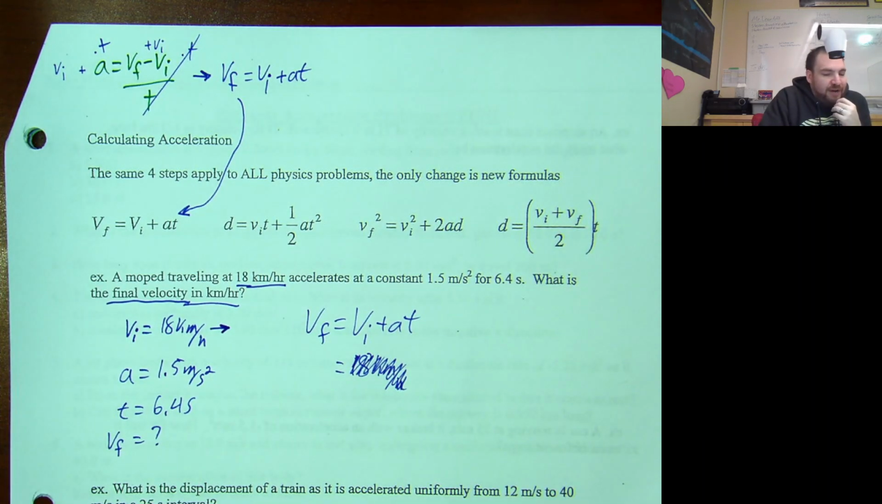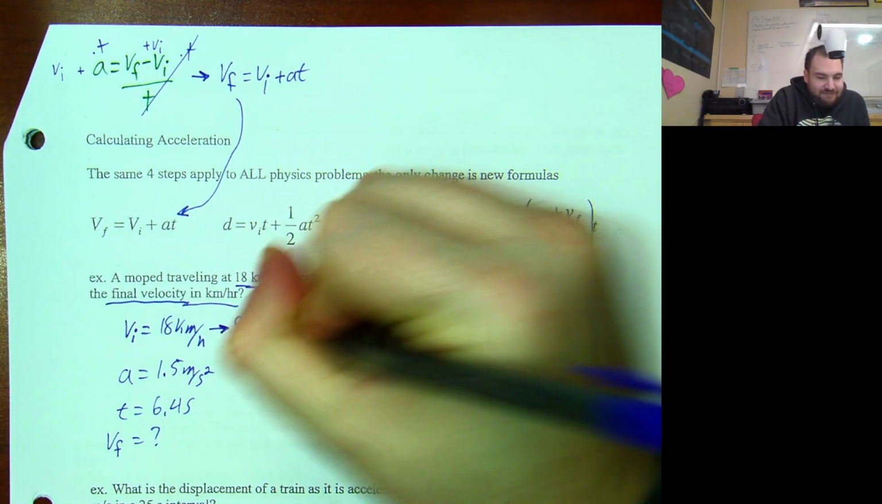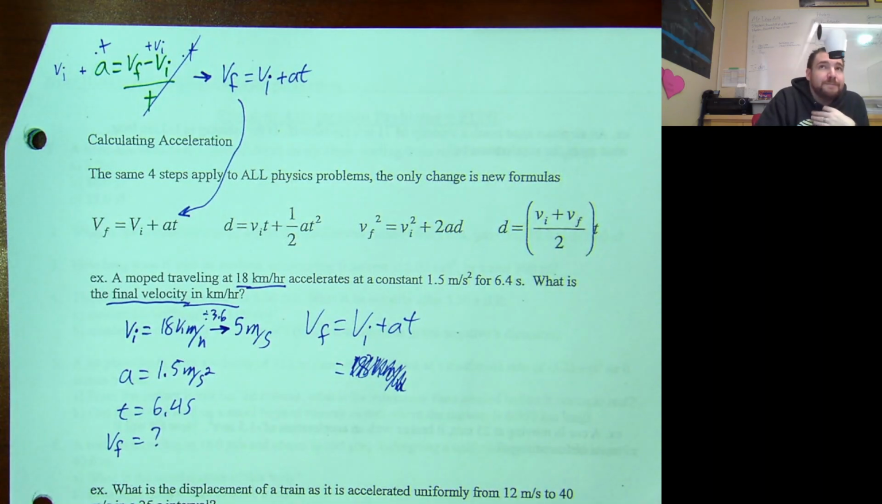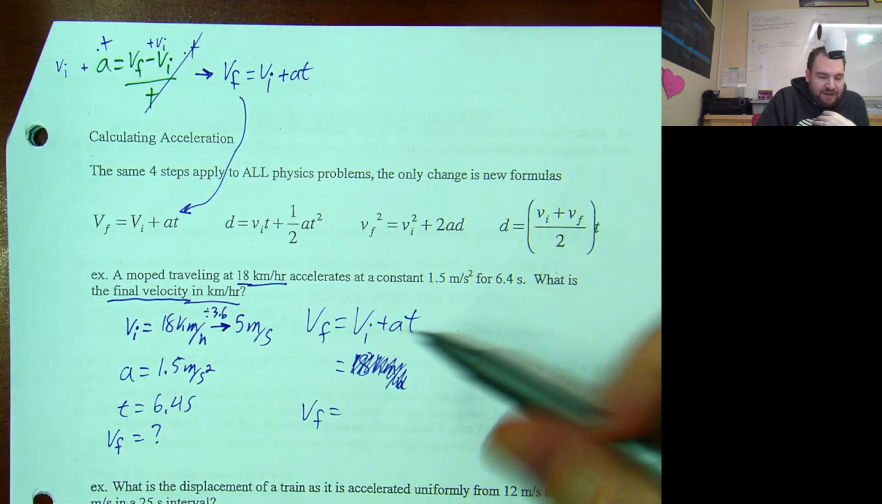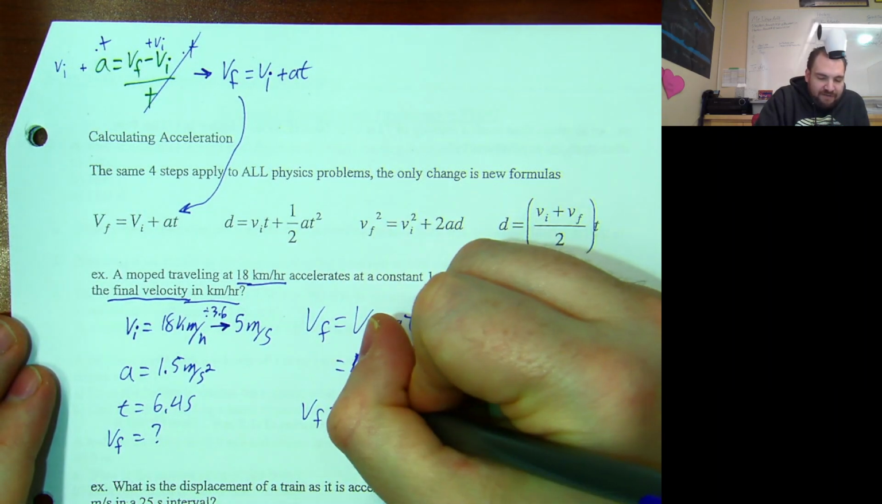What's 18 kilometers per hour in meters per second? It's divided by 3. It's exactly 5? You did that? Okay, cool. That's what I got. We divided by 3.6 to get 5 meters per second. So now rather than shoving in units that don't make sense, we've got a consistent set of units. I've got 5 meters per second